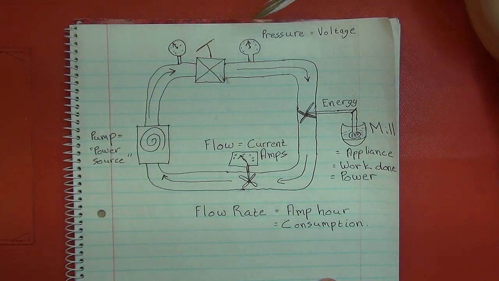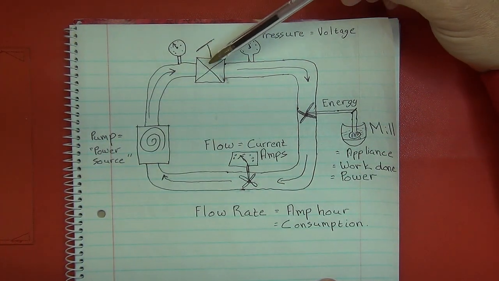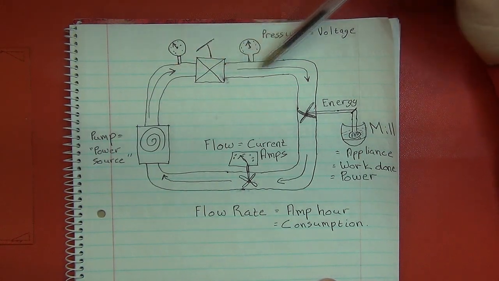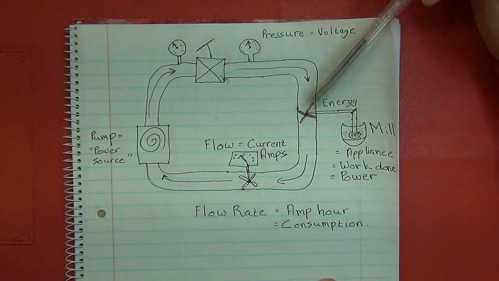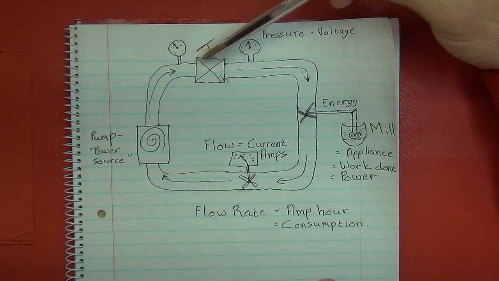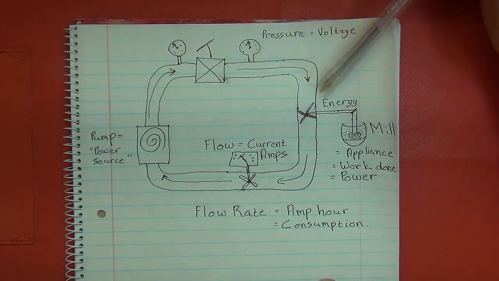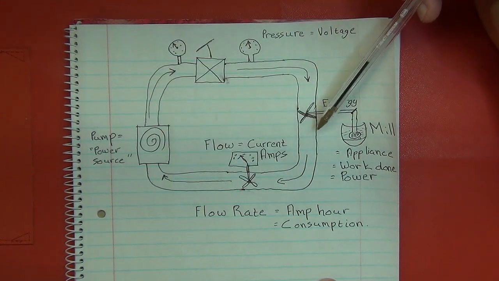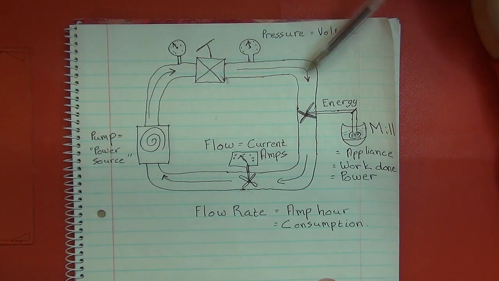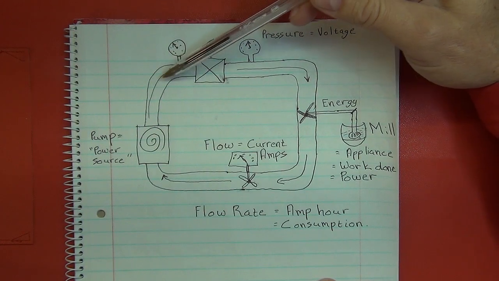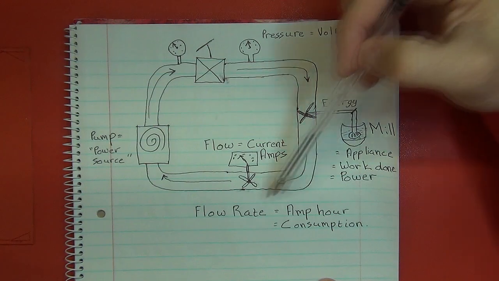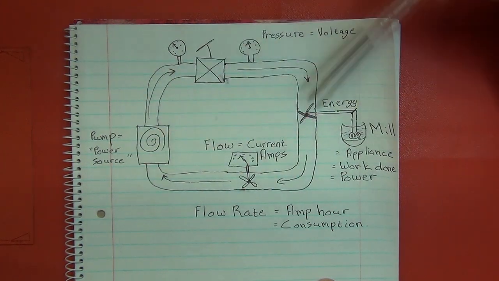Now, as you can understand, and this is something we're going to cover probably in the next session, if you've got obstacles inside your pipe, i.e. like a valve or an appliance or what have you, they are going to create a restriction to the flow of the water around your circuit. And that restriction in essence is the resistance. So you need enough pressure to overcome that resistance and those restrictions to allow you to have water flowing or electricity flowing through your circuit.